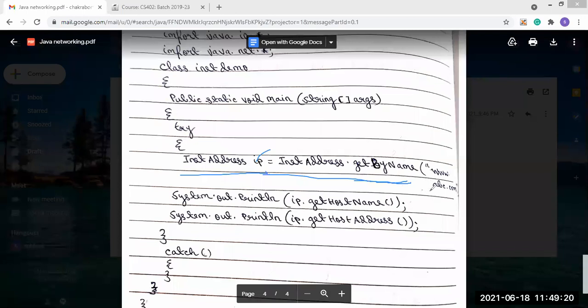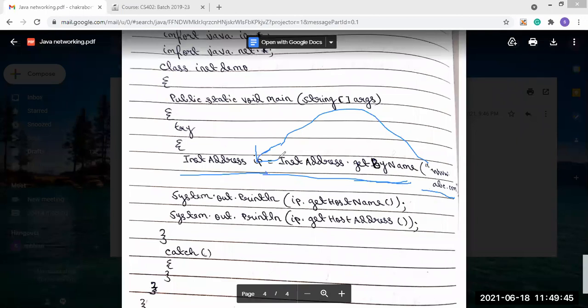And inside this, what have we used? A host name we have passed, like www.abc.com. So we are passing this host name into the object of our InetAddress class, which is ip.